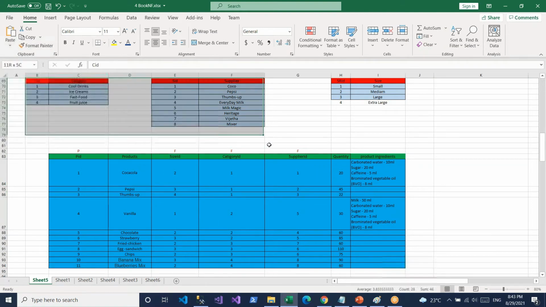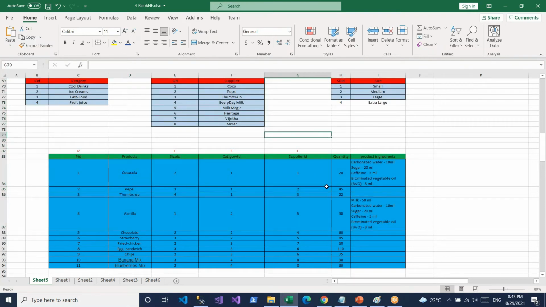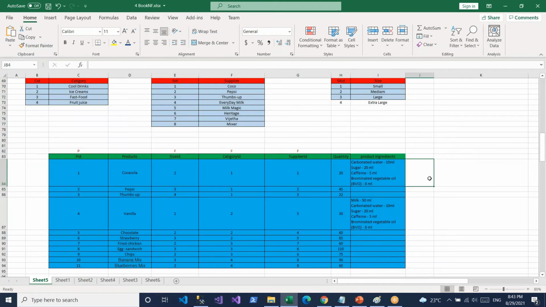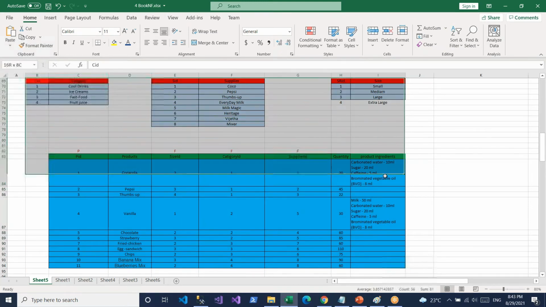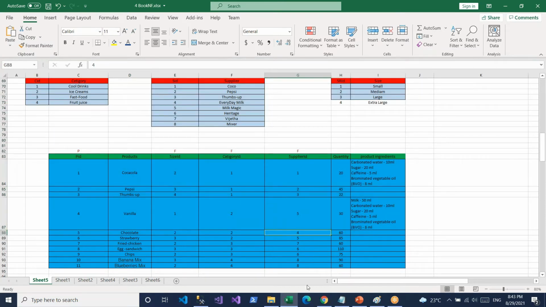So we split the raw data into tables to organize the data properly. But from the customer's point of view, we need to combine these values and show them to the user. That's why we are using joins. To combine the data from these tables, we need to use joins.